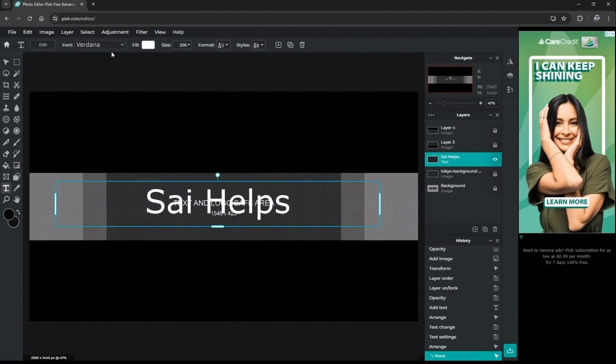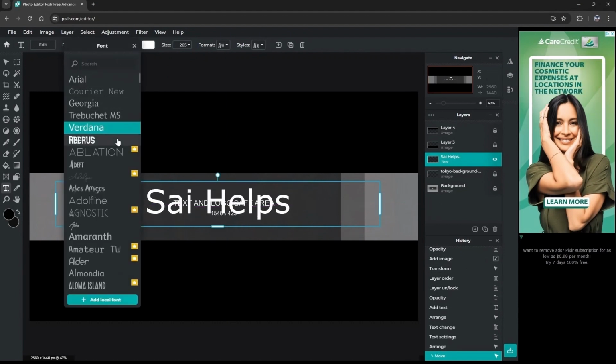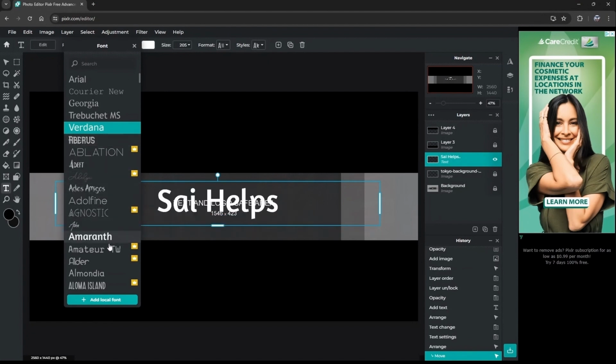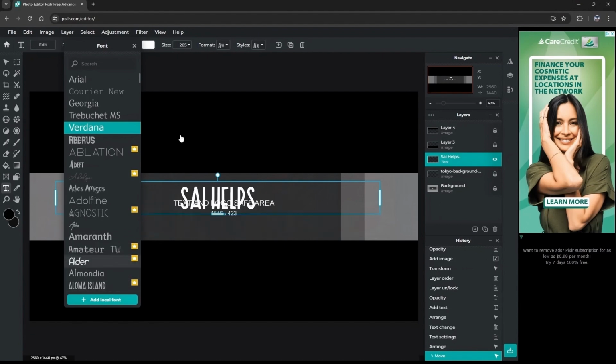I see, you can use the text they have, you can use the different types of font that they give you, but really I don't like using their fonts, because for the other ones you've got to pay for it. I'm not really like that. So what I like to do is I like to use